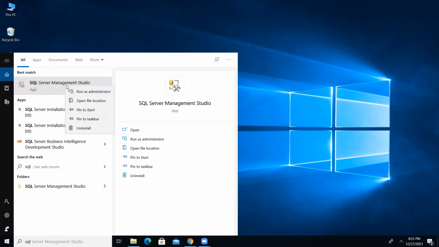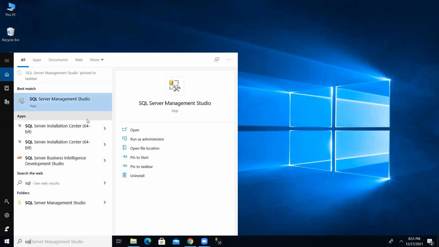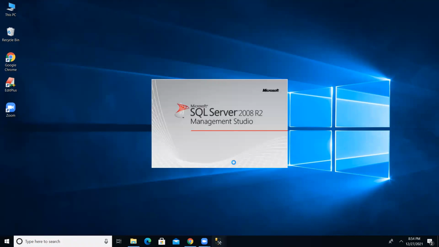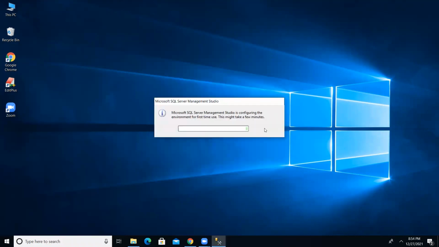What I will do is right click and pin to taskbar, so that the SQL Server option is pinned to the taskbar. From the second time onwards, if I want to open it, I simply choose this option. Now click, and your SQL Server is going to open. It is loading, just a minute.